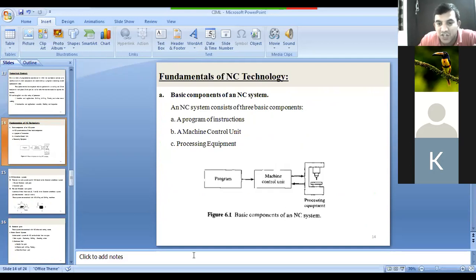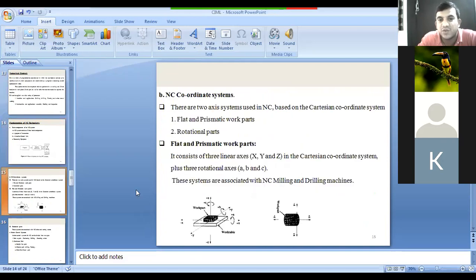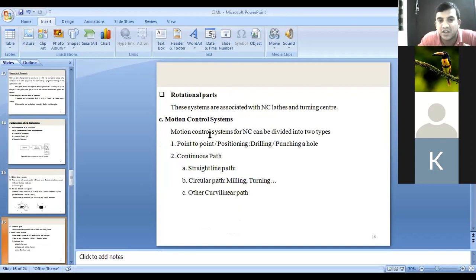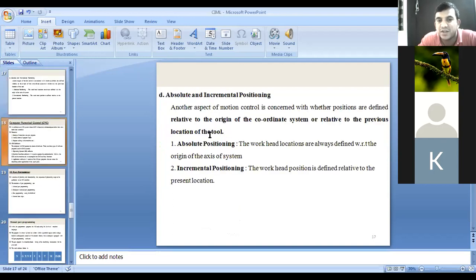If the machine control unit is hard-wired, it is an NC machine. Instead of hard wiring, if you use a microcomputer or computer, it is called a computerized numerical controlled machine. Then the coordinates we use depend upon the type of workpiece. If it is rectangular, it is a flat or prismatic work part. If it is cylindrical, it is a rotational part. Then absolute and incremental positioning systems.